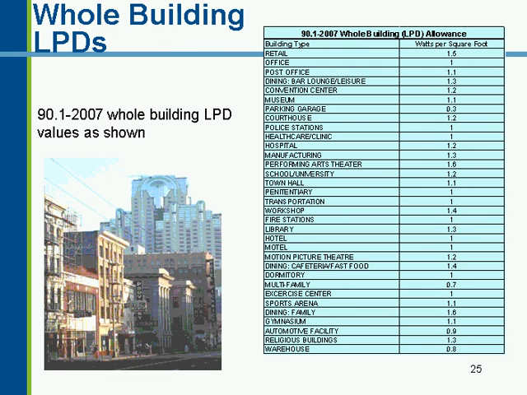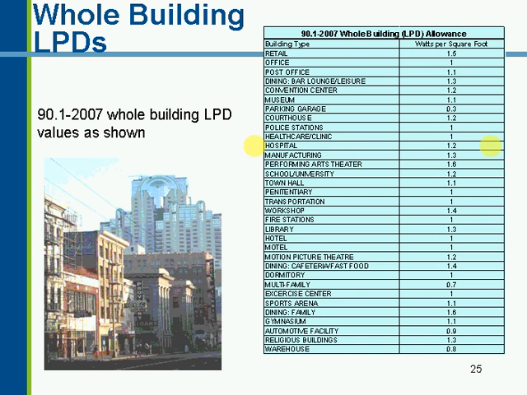Let's also look briefly at the whole building LPDs. These are based on the space type LPDs, but it's one number for the entire space. I did want to point out, we mentioned before the flexibility of using the space by space method. If you look at the hospital line item there, it's a lighting power density of 1.2. As you'll recall, you had lighting power densities up to 2.7 for hospital healthcare spaces. So if you have a lot of the space in your hospital that's at the 2.7 level, you may find it's a lot more advantageous to use the space-by-space method and take credit for that extra wattage.